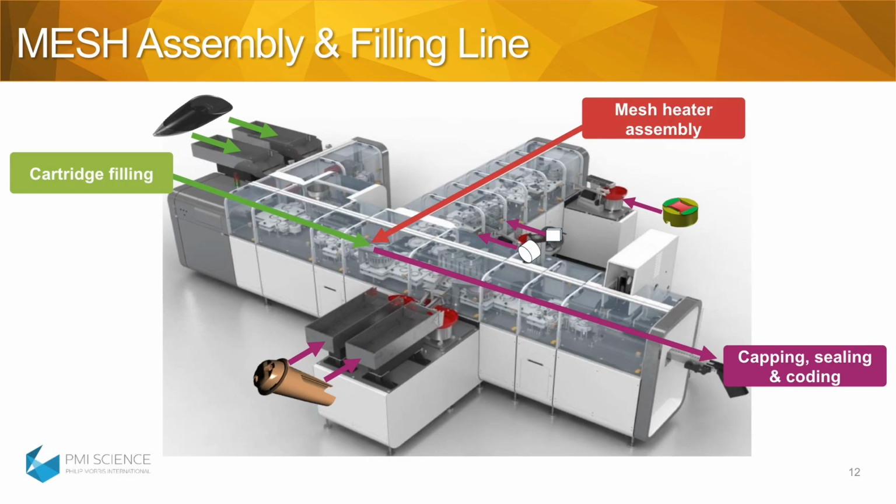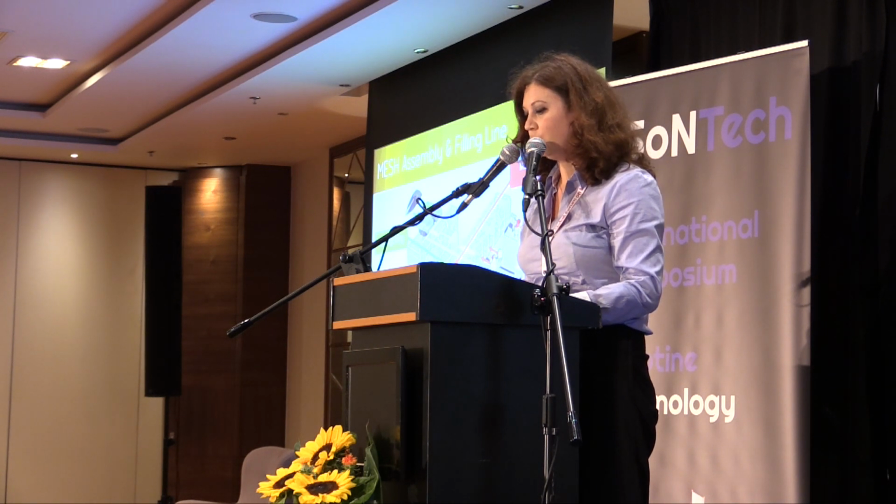Another contributor into ensuring a good quality and a consistent aerosol is really the fully automated assembly process. So here is an exemplification of our machine Genesis, which is installed in our European premises in Italy. So the main steps during the assembly process, we have an automatic cartridge filling with the e-liquid. We have a mesh heater sub-assembly, so we have the mesh heater that will be assembled together with the retention material and the transport material. And then everything will be sealed and capped by the splash cap. We have visual controls for each of the steps in the manufacturing process to really ensure a good quality and a good control during the